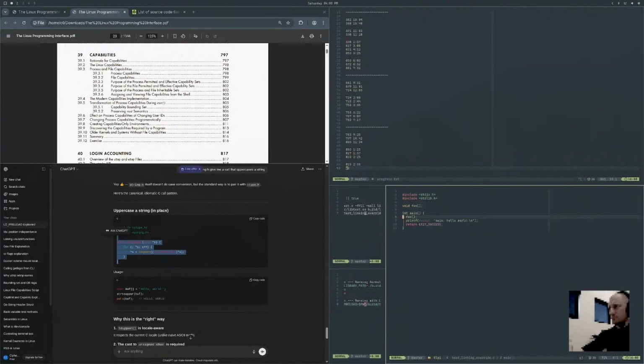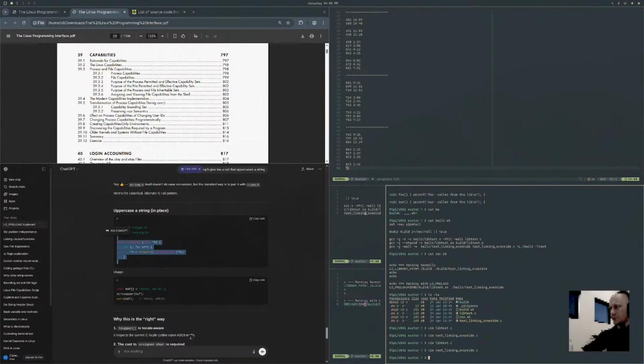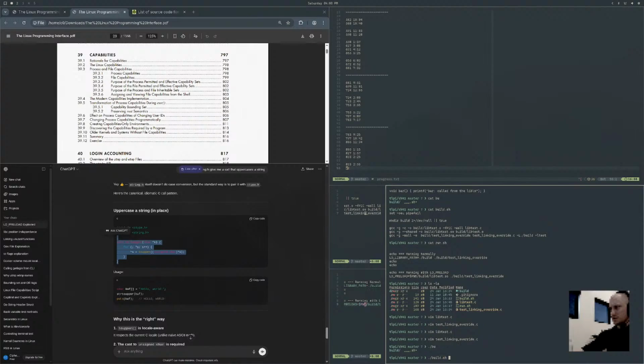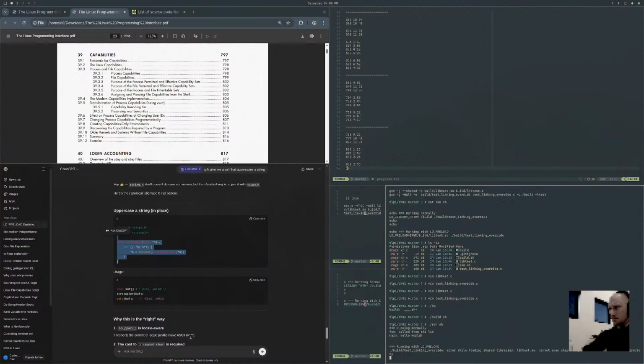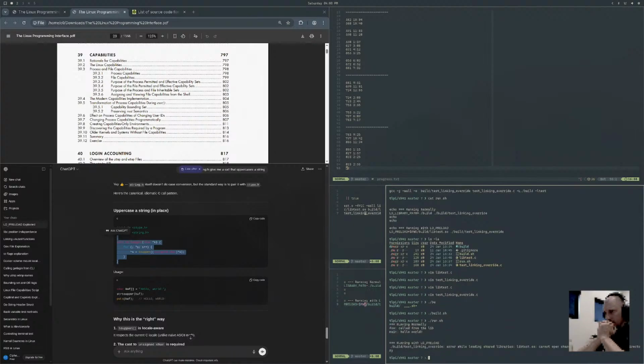We have our foo. We're going to do a regular printf. Okay. So let's rebuild.sh and run. Foo call from the lib, main, hello world. That's a problem. Because foo, I think what I need to do is say